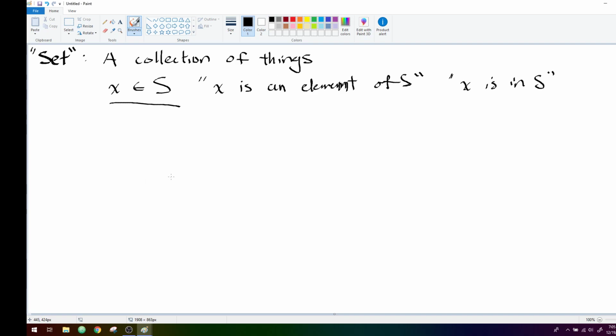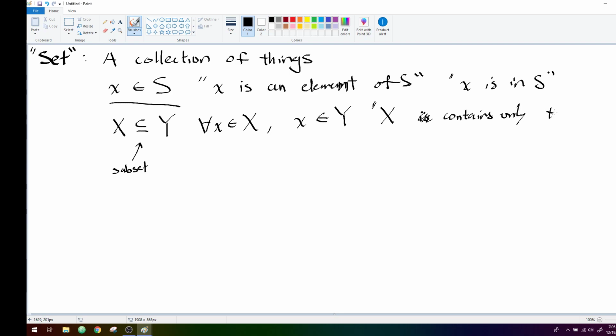Two, we can also talk about relationships between sets themselves. So given two sets, we'll call them capital X and capital Y, we want to be able to ask questions like, is X a subset of Y? This symbol right here is going to be the subset symbol. And this means, in a formal and mathematical way, for all lowercase x inside capital X, that object labeled by lowercase x is also in Y. So, in other words, X contains only things that are elements